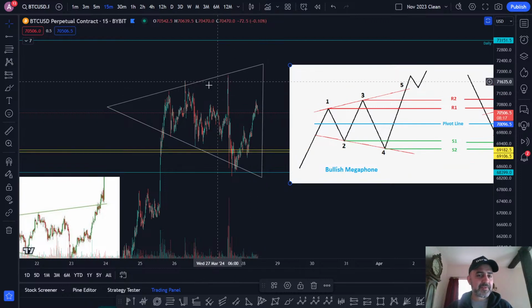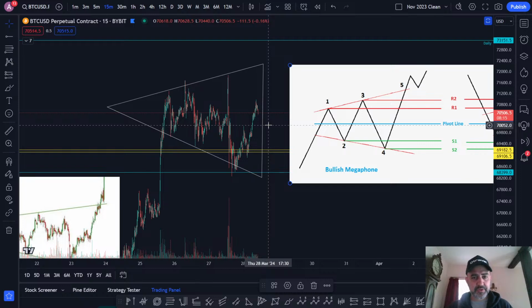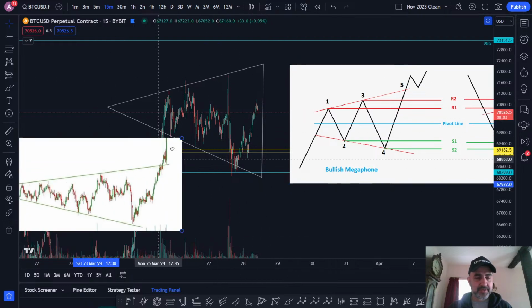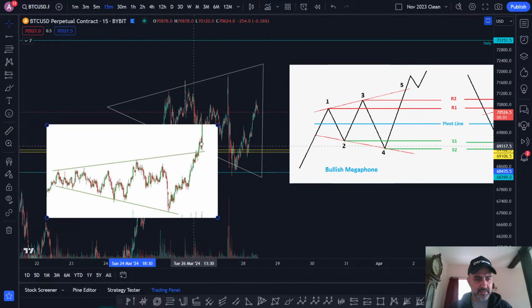There is also something else you can get from this, and I just want to share it. So there's two things you can get from a megaphone. It doesn't have to be a megaphone, and I'm going to explain that to you now. So this is the beginning of something that could be forming, but there's also something else that can be forming, and I'll explain that to you now.